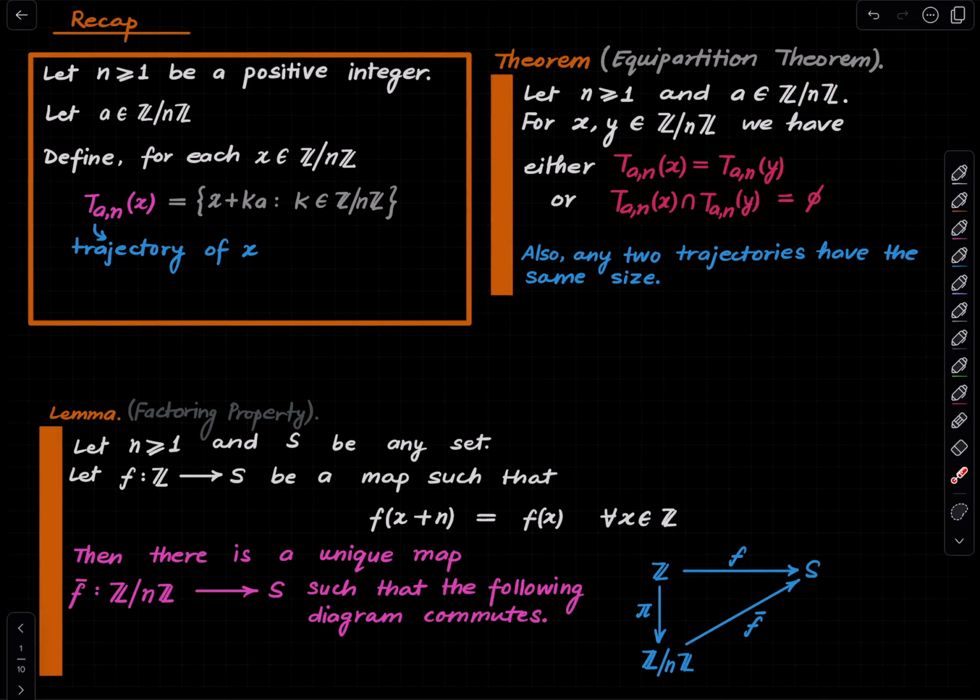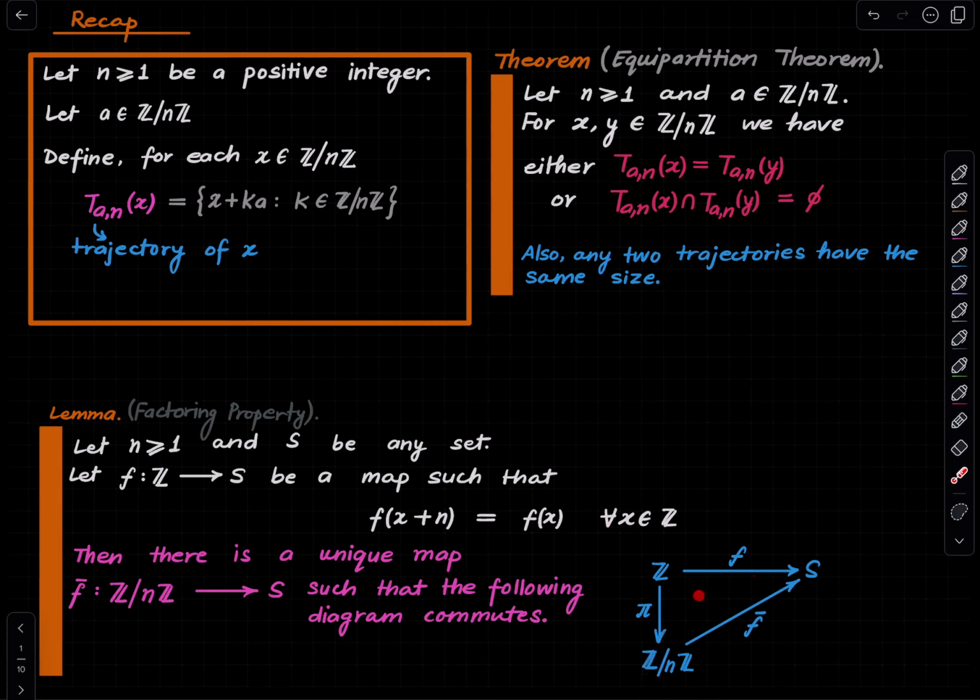Then we also saw a factoring property. Again, fix a positive integer n and let S be any set, and suppose f is a map from the integers to S with this periodicity property: f of x plus n is f of x for all x in Z. Then we claim that there is a unique map f bar from Z mod nZ to S as shown here,